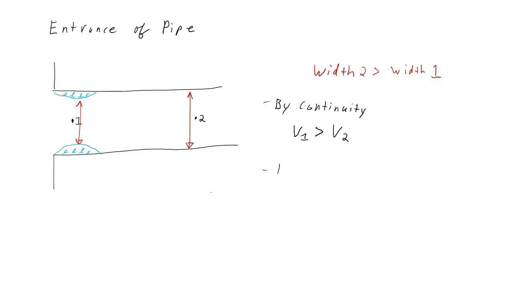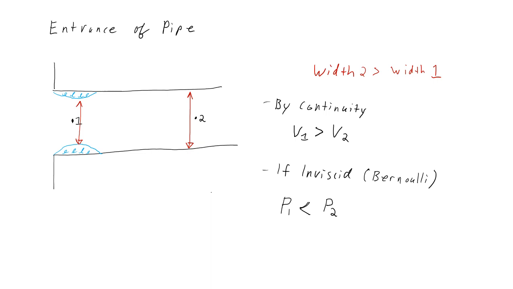Now, if it's inviscid, and we can use Bernoulli, then Bernoulli tells us because the speed is decreasing, we know that P of 1 has to be less than P at 2. Right. So as the speed is decreasing,